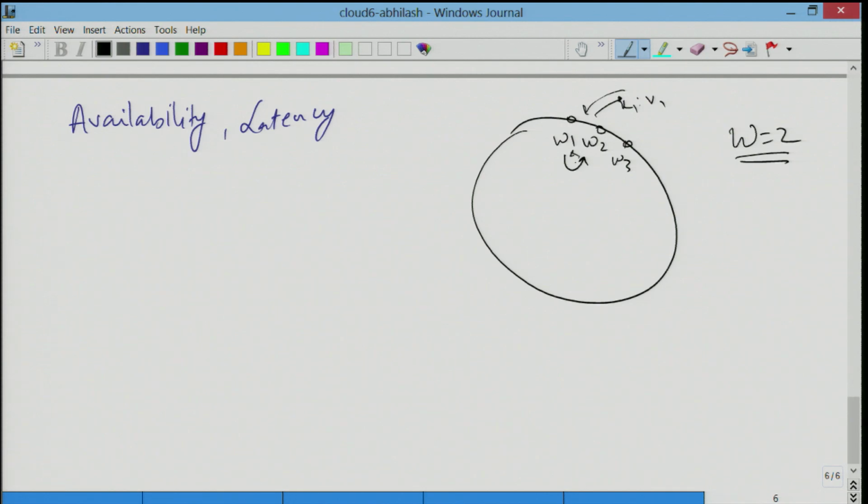So remember, just another caveat, that these workers are close to each other on this logical tokening, right? But physically they can be very far apart, and they should be far apart, right? So if W1 is in a data center destroyed by tornadoes, W2 and W3 are hopefully in a separate data center. Okay, so now let us see how Dynamo responds